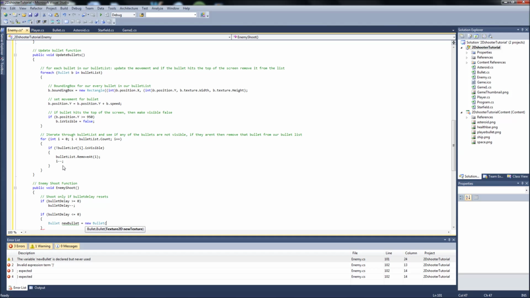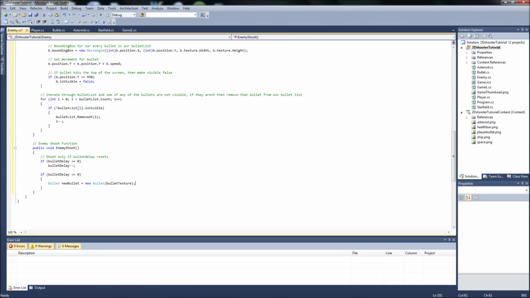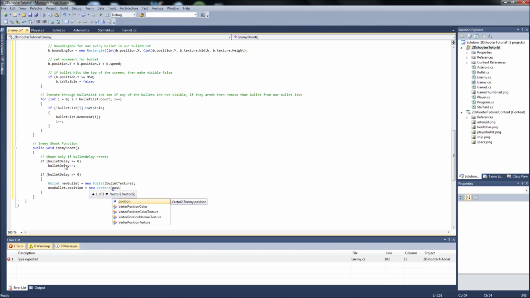And then that's going to be our bullet texture, because it takes a Texture2D in there. So we're going to say new bullet.position is equal to a new Vector2. It's going to be position.x plus texture width divided by